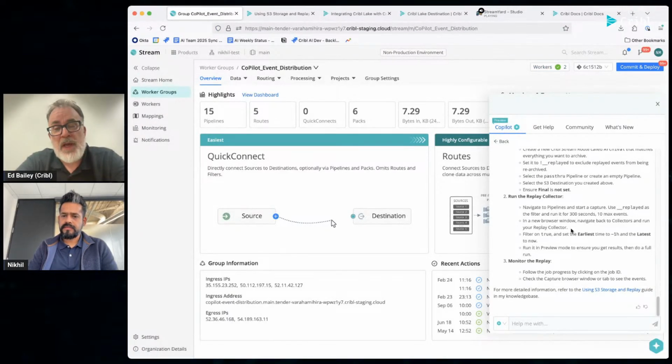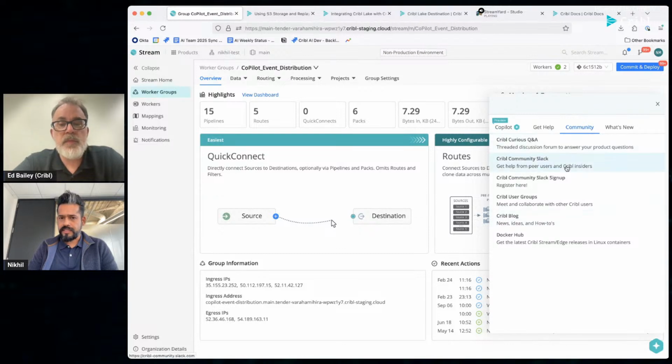So one thing I want to ask also is, is Copilot tied into community at all? Because I see you have a link there for community. No, this is just how you engage with the existing community. Okay, nice. But if you are on the community Slack, there is a way for you to engage Copilot and ask questions there as well. Let me see if I have that set up here, and I can show you how to do that real quick.